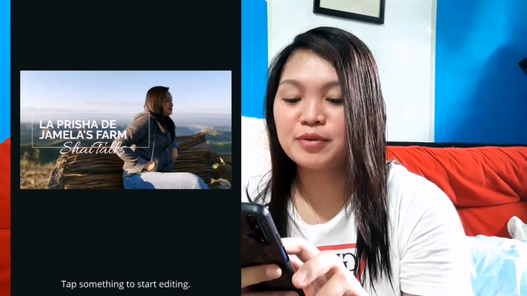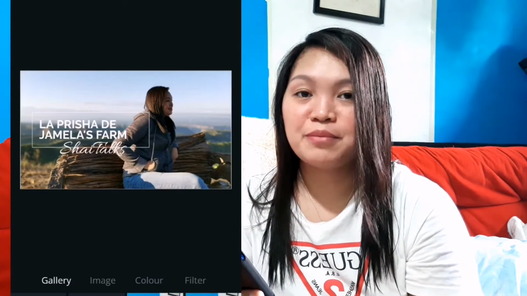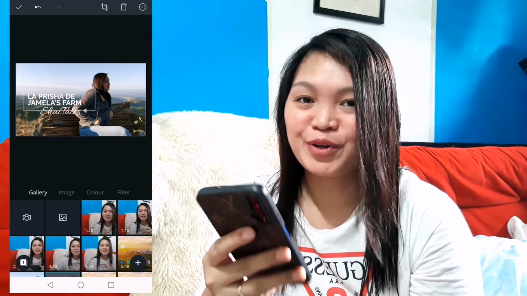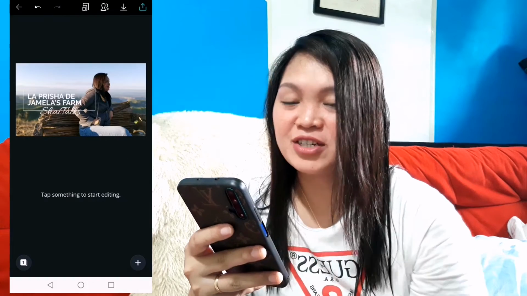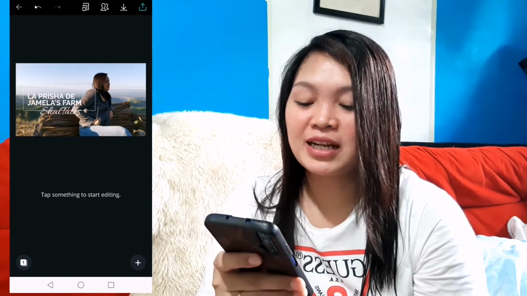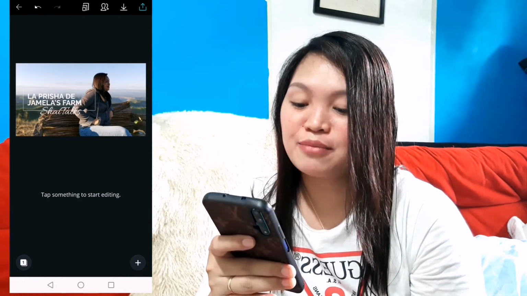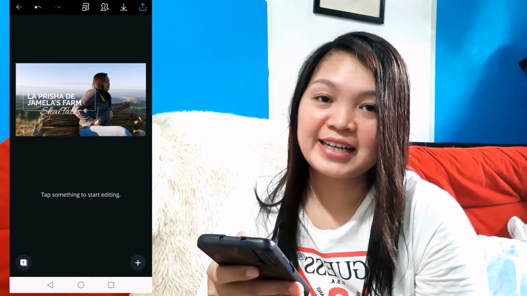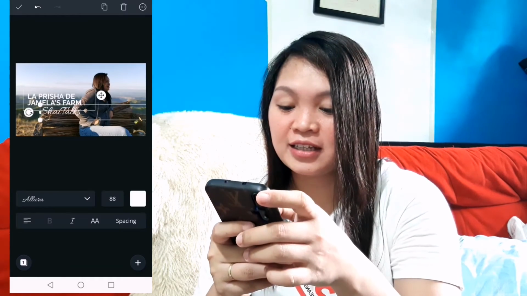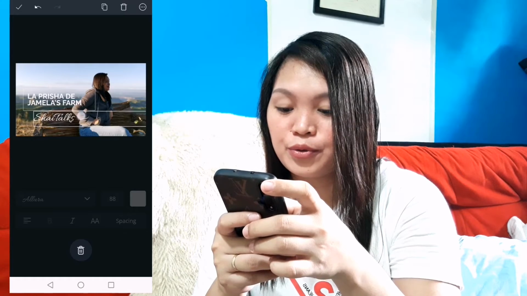So, depende naman po sa inyo. You can choose different templates. So, for the sake of the tutorial po, itong simple lang po yung ating gagamitin. Just your basis. Pag gano'n naman talaga sa mga applications, kailangan may baseline ka lang. So, you can start editing for your own